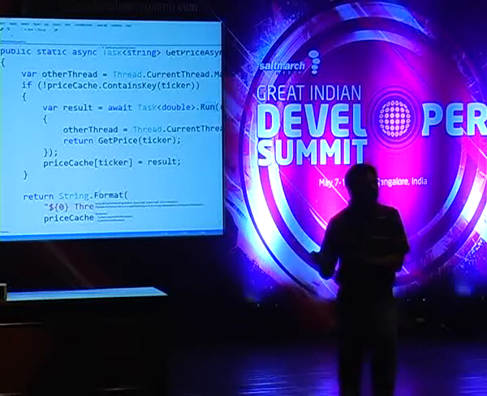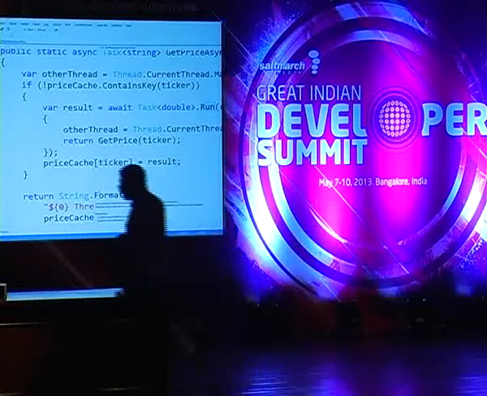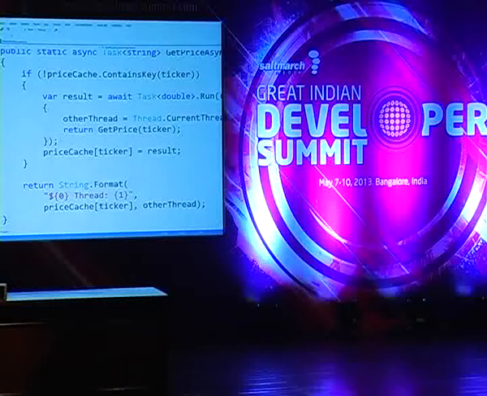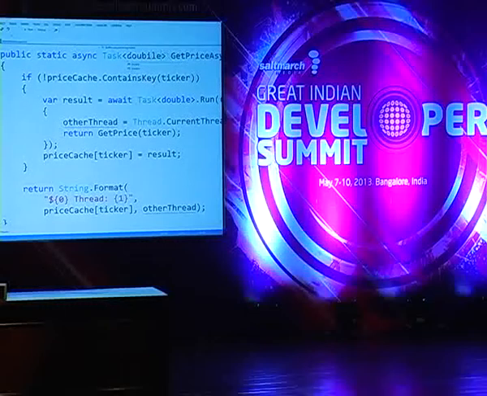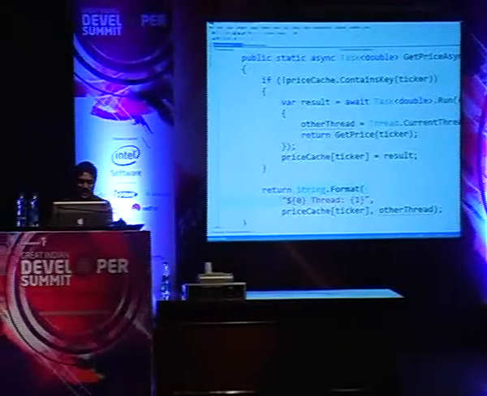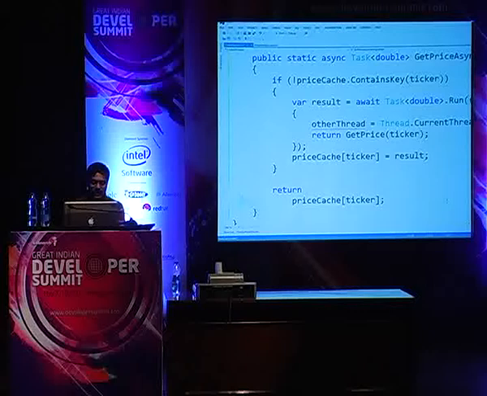Then you have really optimized it, and your code got very simple. So if you now go back and look at how this code is going to look after having done this, you can remove all this cruft we wrote about thread information, get rid of that. Then go back here and say, I just want to return the result itself, not all of these, so we'll just change it to double again. And this time, of course, I simply return from here just the price cache itself and absolutely nothing else. So what does this really do in this case?